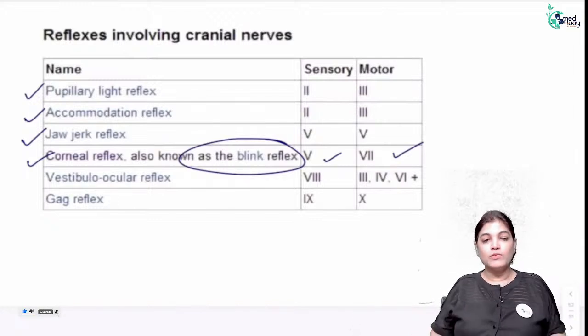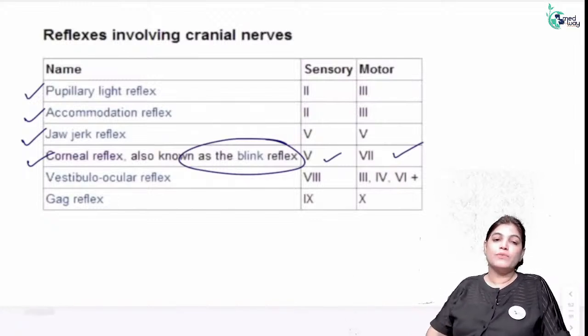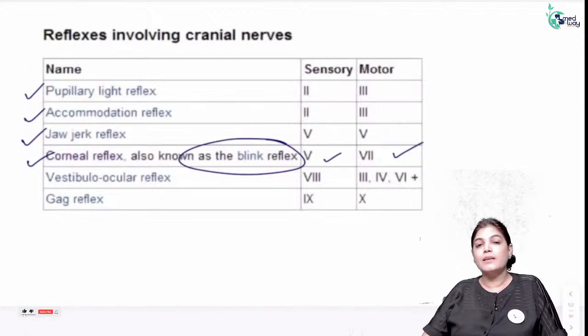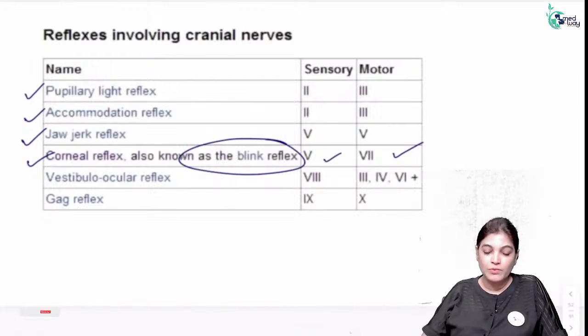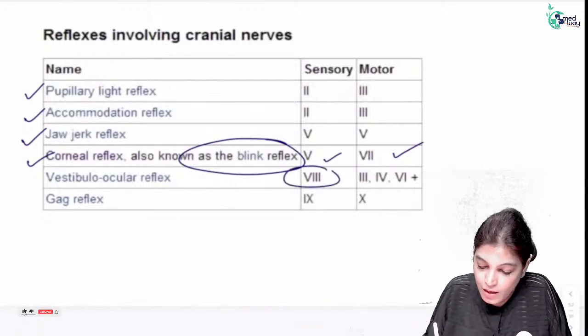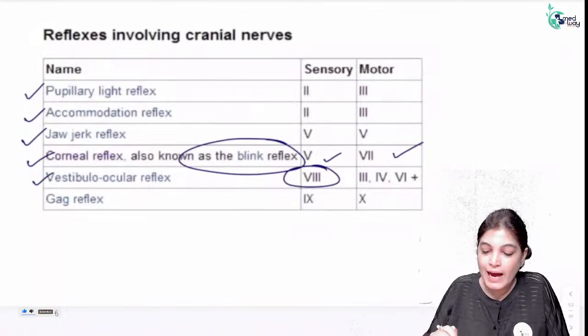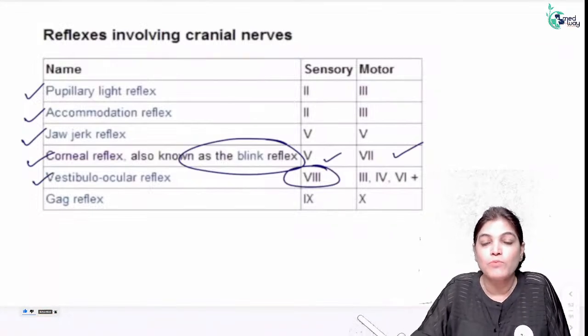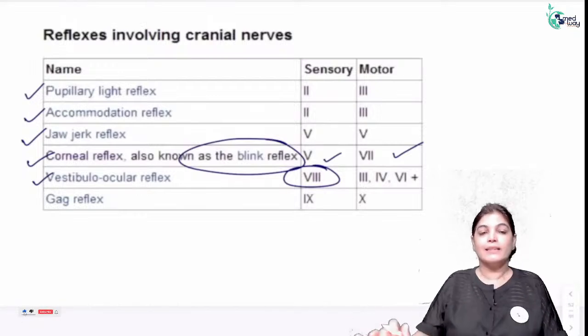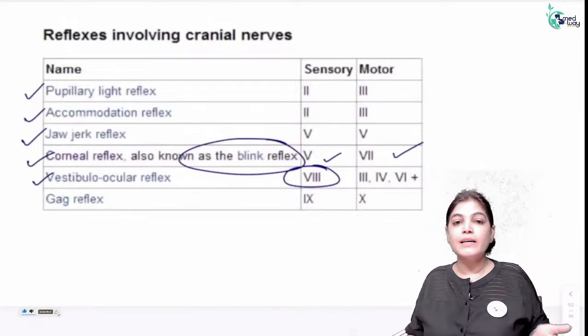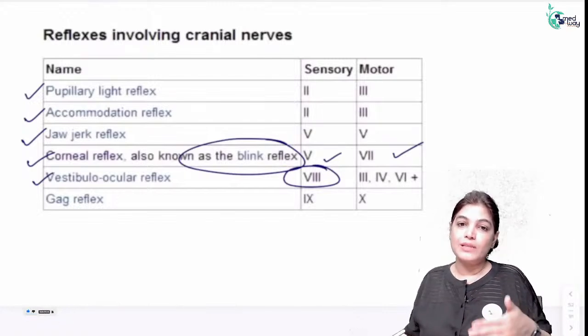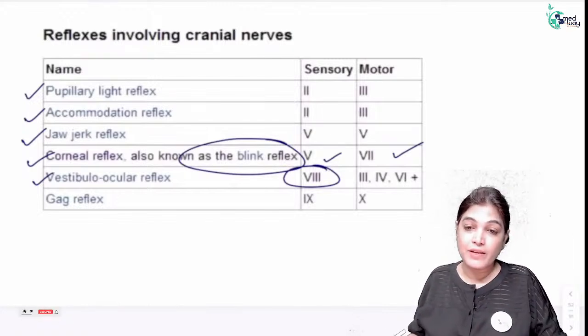So, if I talk about the vestibulo-ocular reflex, there is cumulative involvement of the nerves. We have got the sensory and the motor component. Here, the vestibulo-cochlear nerve is involved. Other than that, it will lead to the involvement of the motor component: the oculomotor nerve, the trochlear nerve and the 6th cranial nerve. That means 3rd, 4th and 6th. These are the nerves which give innervation to the extra